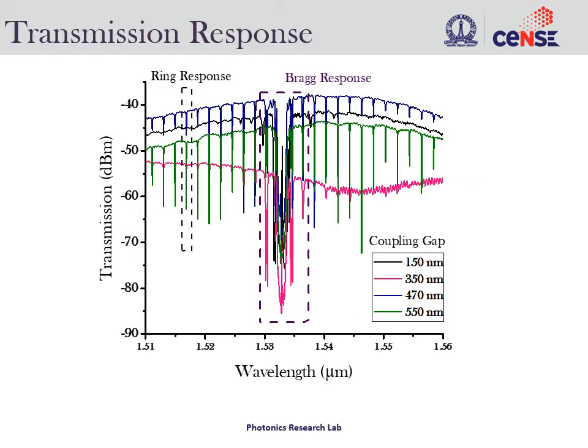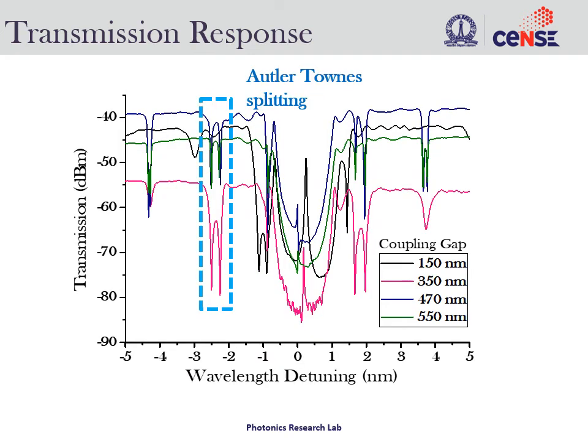So we wanted to see whether our Fano resonance is dependent upon the coupling gap or not, or whether we can control the Fano resonance or not. So we fabricated a couple of devices with different coupling gap from 150 nanometer to 550, and these are its graphs. So we are getting this as a typical response. If we zoom into the center, this is the zoomed in image of the previous slide. We can see we are getting a conventional cavity response for coupling gap of 150 and 350 here, and a Fano resonance for 470 and 550 nanometer coupling gap. Apart from it, we are getting mode splitting because of the degeneracy of the ring. The modes are being split.